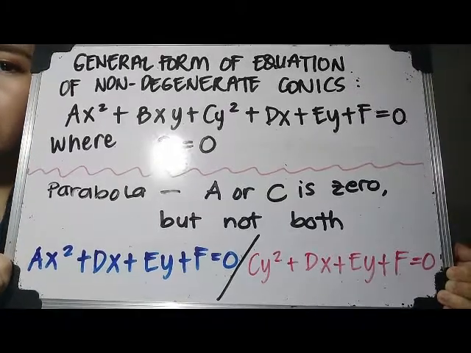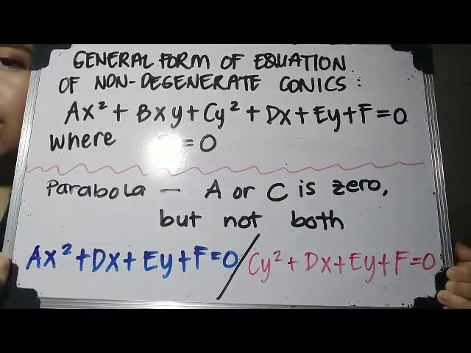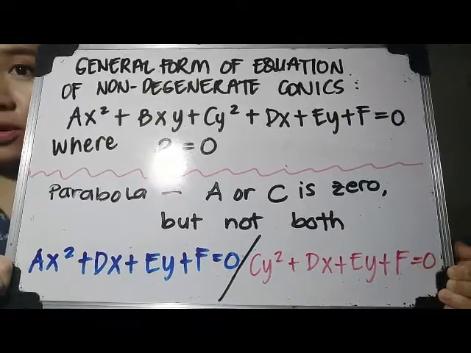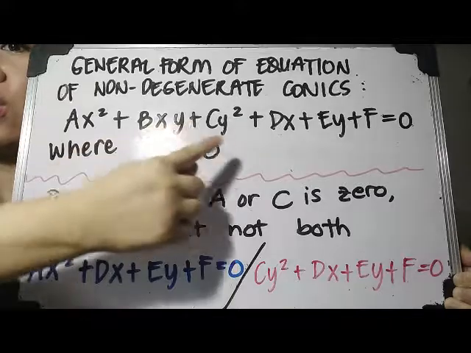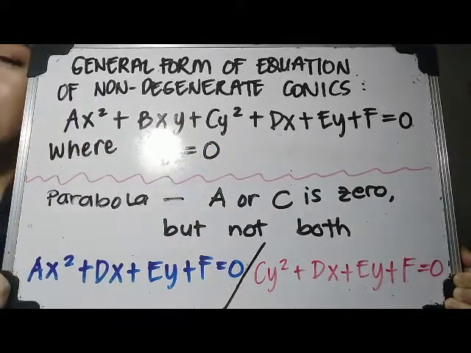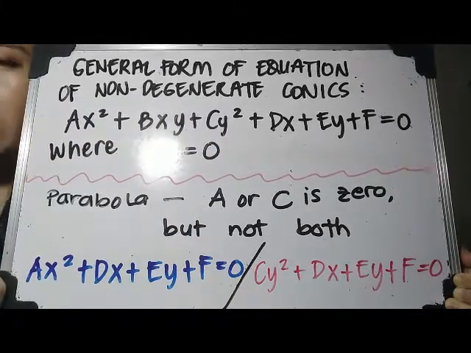Now for a parabola, we know that a or c is 0, but not both. So we know that a or c are coefficients of either x squared or y squared. Therefore, there should exist x squared or y squared in the equation of a parabola, but not both of them